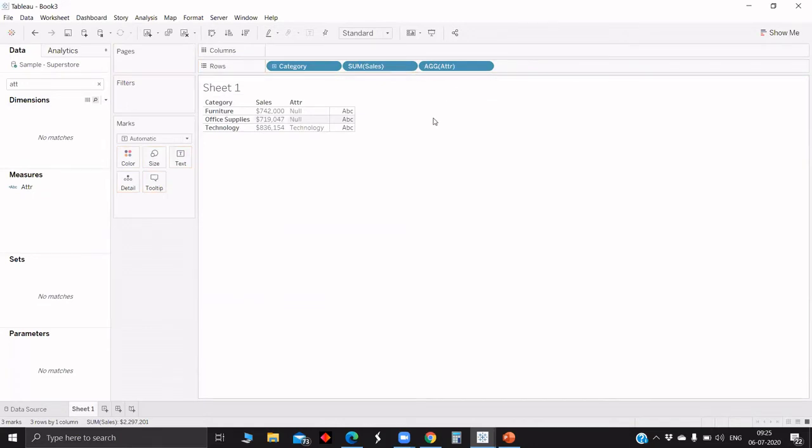For example, if other fields are aggregated and one field is not, how do we aggregate in that case? We go with the ATTR function, so it will automatically aggregate, and we won't get any error in the calculated field we have made. So this is the use of the ATTR function, and we will use it in a couple of places to remove the error.